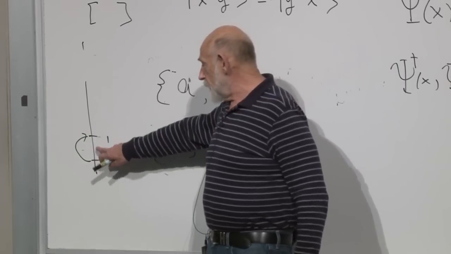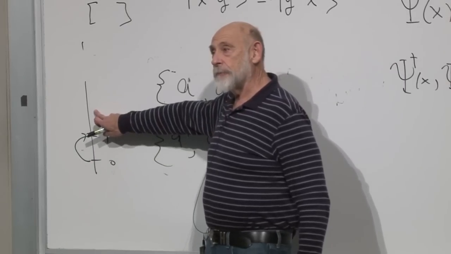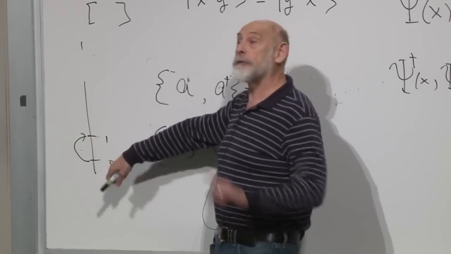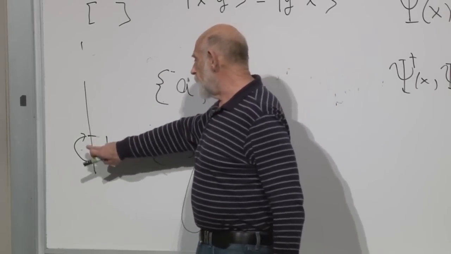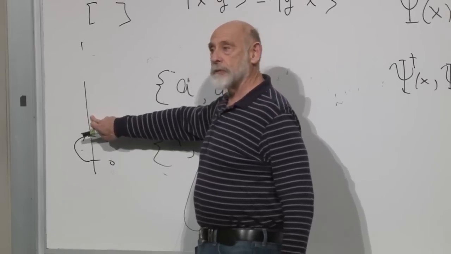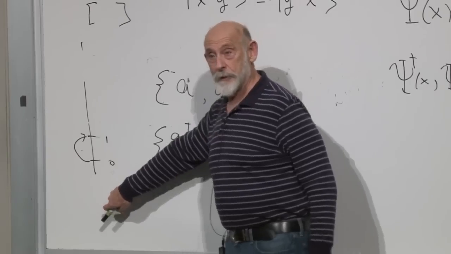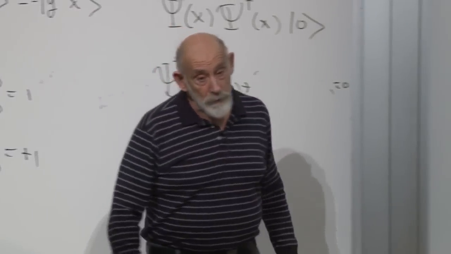The creation operator squared, there's nothing up here for it to give. So it gives 0. For a fermion, if you take the creation operator squared, it's 0. There's nobody here. If you take the annihilation operator squared, it's 0. On the other hand, for bosons,